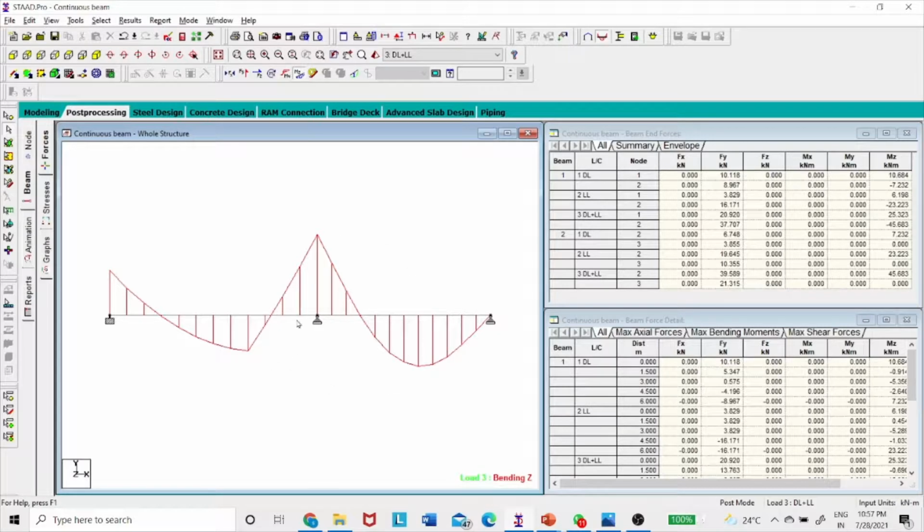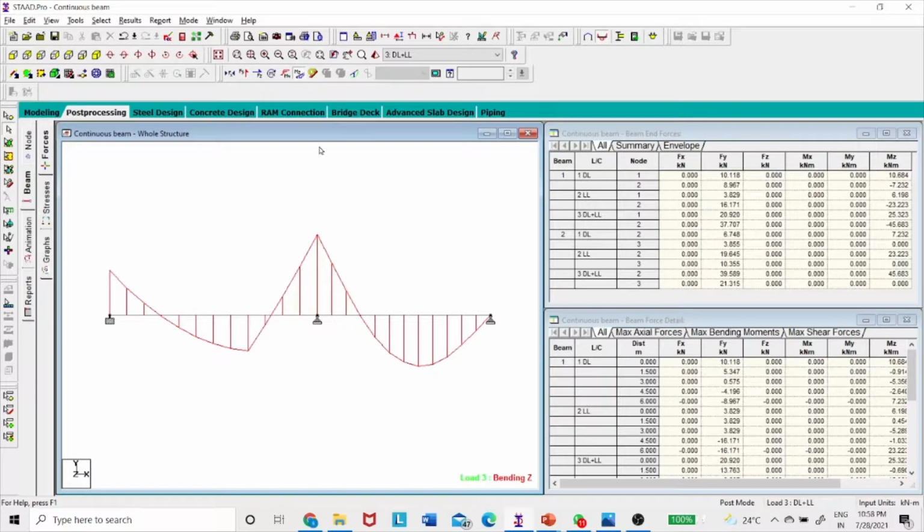So this is the combined bending moment diagram for dead load plus live load. Here it acts on the principle of superposition. At each and every section in the length direction, wherever you consider a section, at that section take the dead load moment plus the live load moment, multiplied by 1.5. So it works on the principle of superposition.